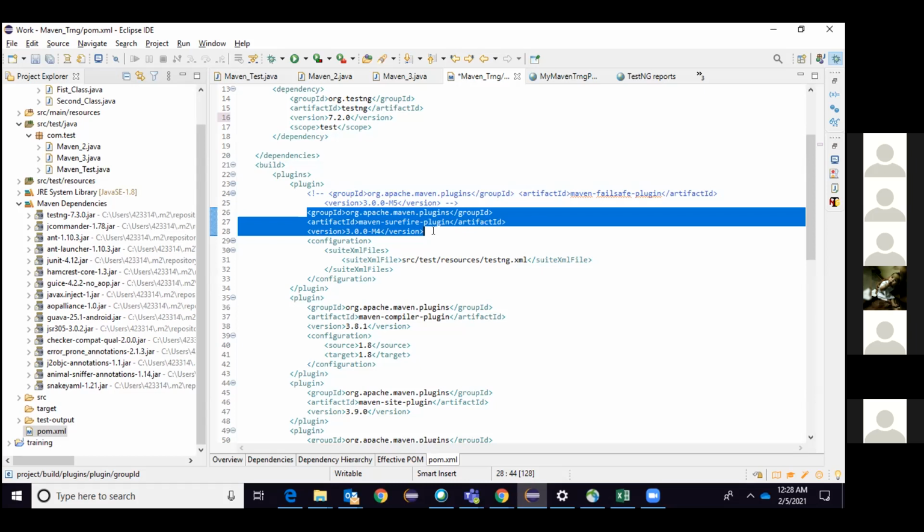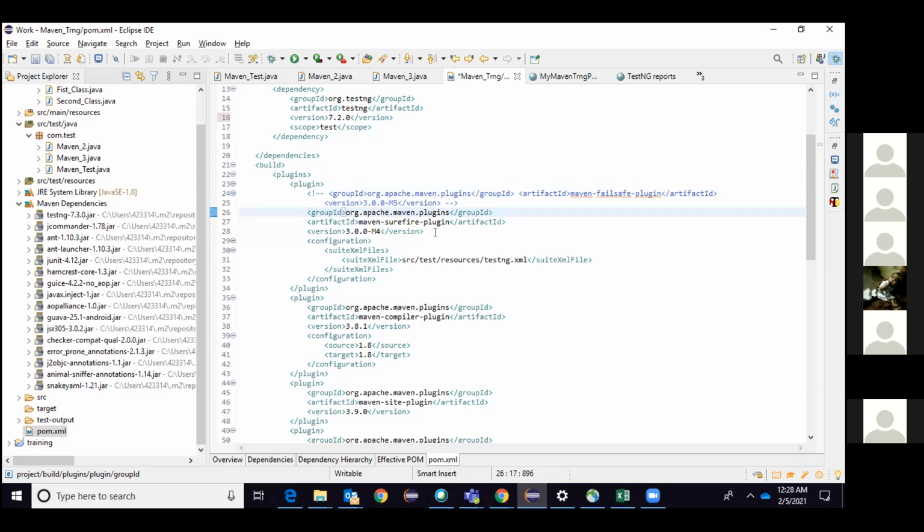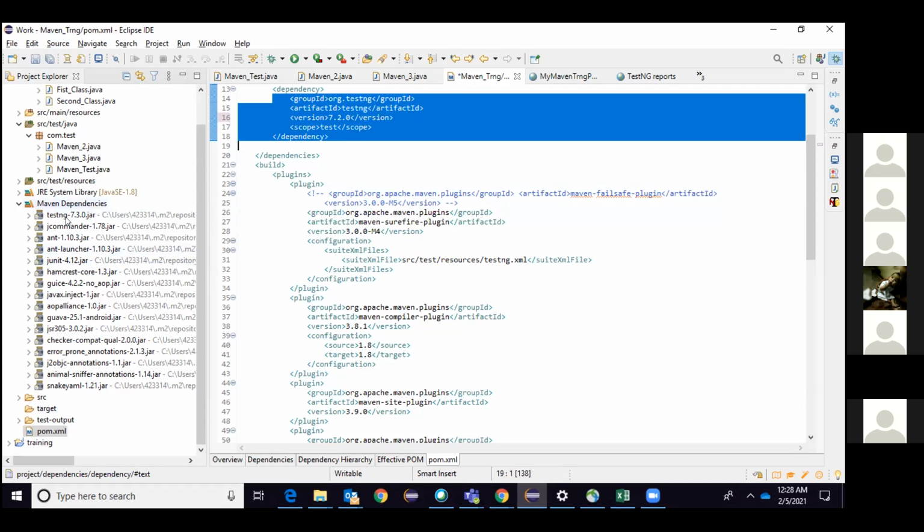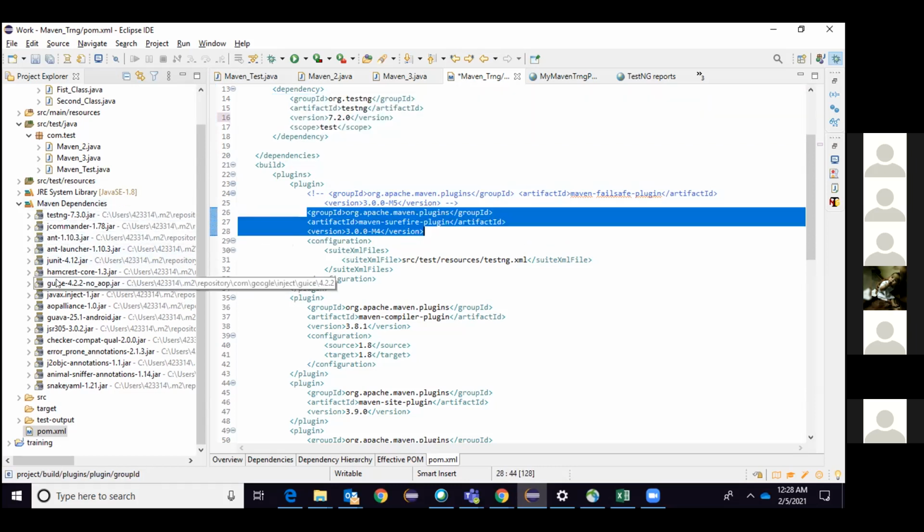You cannot say a plugin is the same as a dependency. That is totally different, but it has very similar features. Now, the first difference I'll say: when you add a dependency, you can see the dependency in the Maven dependencies, right? When you add a plugin, did you see the plugin dependencies here anywhere? No. So the first question is why? Why don't we have dependencies here?